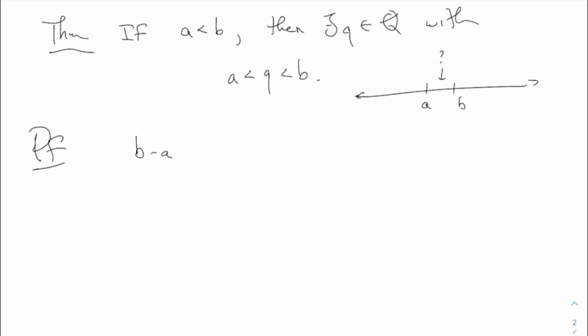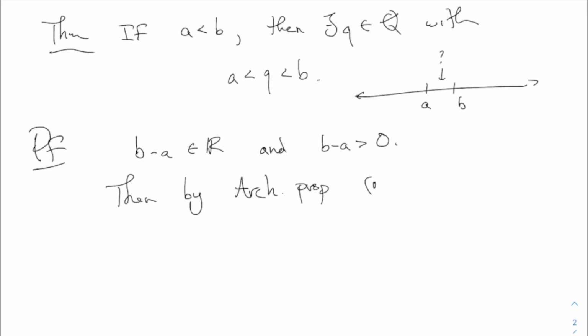b minus a, of course, is a real number. b and a are both real numbers, so b minus a is a real number, and b minus a is positive because I assume that a is less than b. All right, so when I do b minus a, that's a positive. And right away I'm going to use the Archimedean property. So then by the Archimedean property, small version,